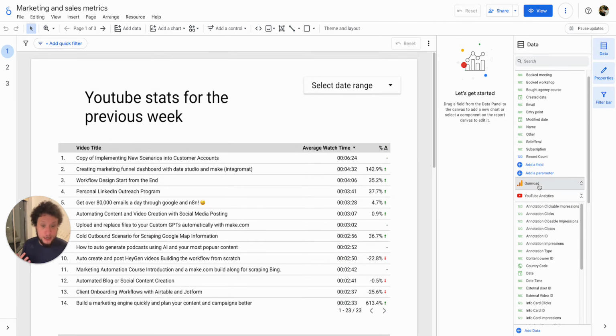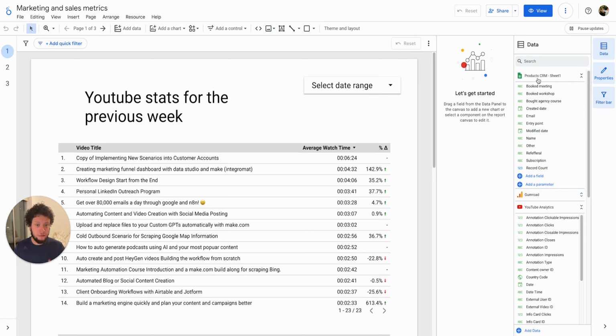I have my Google Analytics linked to my Gumroad, so we'll be able to see who is arriving on my website, where they came from, what actions they take, what products they look at, what products they purchase. Important information. And on top of that, I also have a Google Sheet connected to this where I basically clone